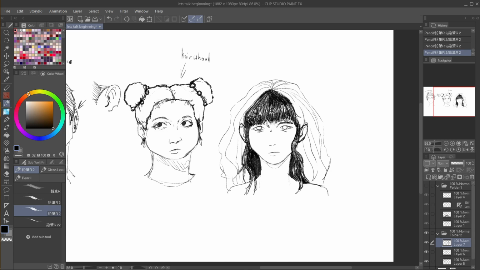Alright, and then back to the root of the source. And usually I just end up doing this, where I just go through each segment and try and make it look nice. This works best with brushes that are more pen or pencil-like. This one that I'm using is one that I picked up off of the Clip Studio Paint